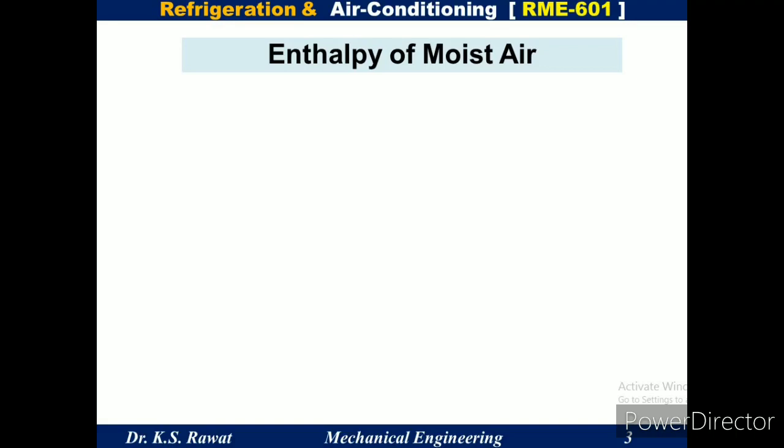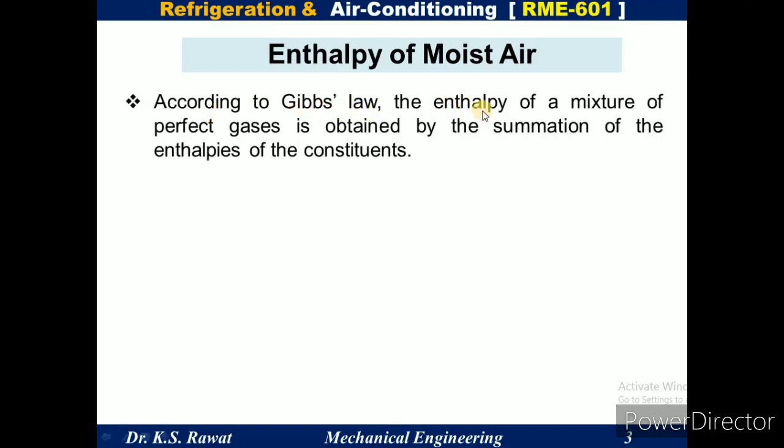As we already discussed in the previous lectures, moist air is not a pure substance. So we cannot find the value of its enthalpy directly, like in the case of steam or other refrigerants. So we have to calculate it with the help of dry air and water vapor. According to the Gibbs law, the enthalpy of a mixture of perfect gases is obtained by the summation of the enthalpies of the constituents. We know moist air is a mixture of dry air and water vapor, and both can be treated as ideal gas. So according to the Gibbs law, the enthalpy of the moist air is the summation of the dry air part